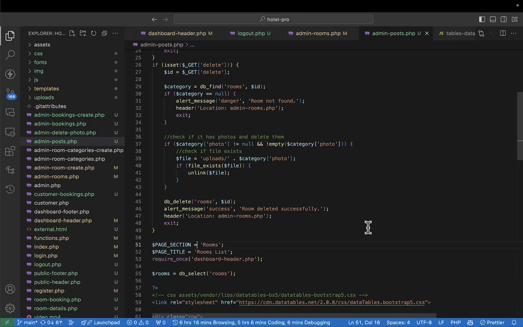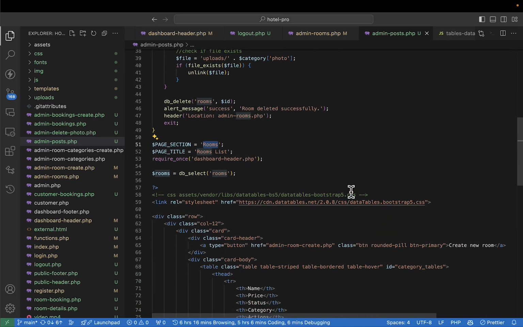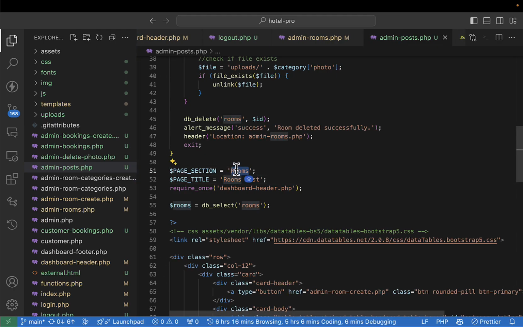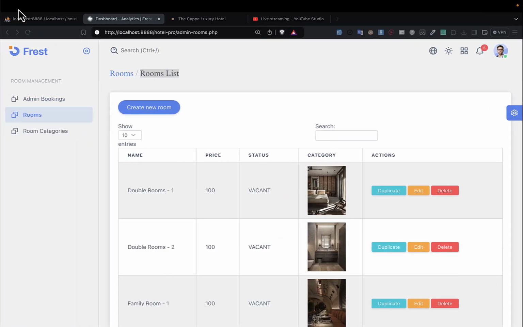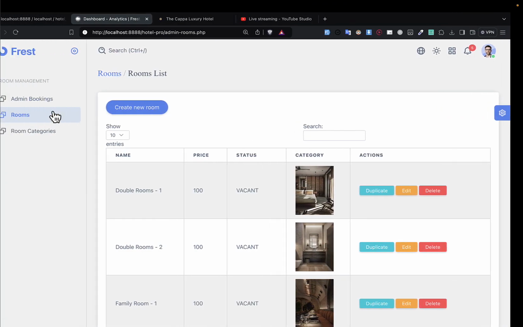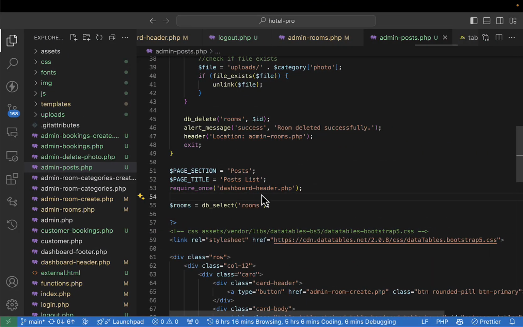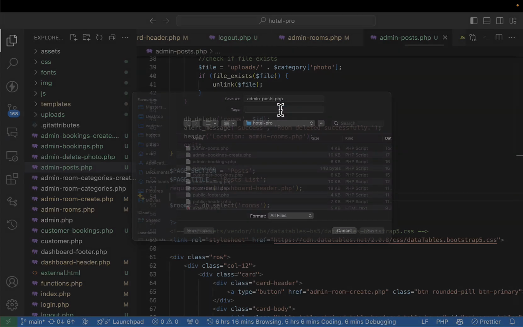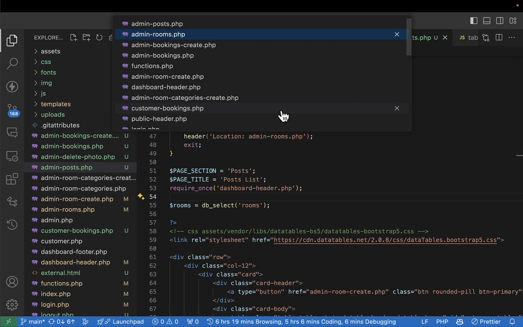The title section page, I'm going to call it posts, and this one I'll call posts list, like this. If I save and refresh, I will not see anything of course, because I've not added it to the menu. So I'll copy the name of the file, admin posts, and then come to our admin dashboard,